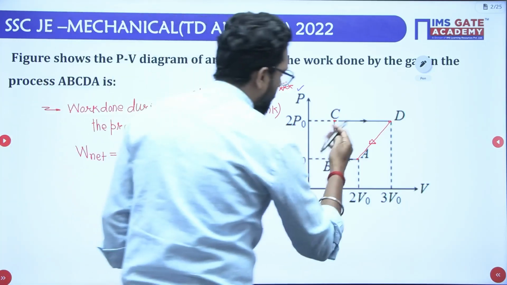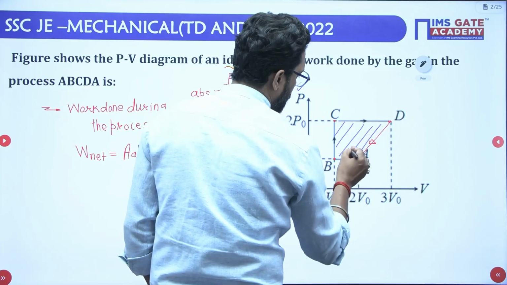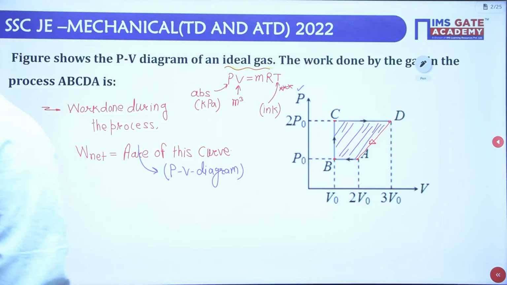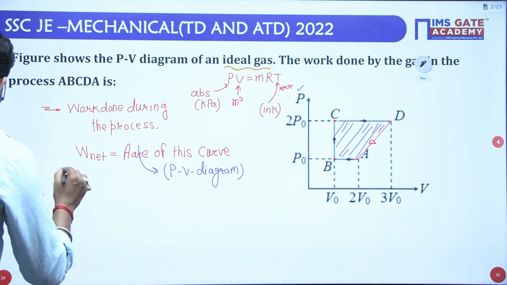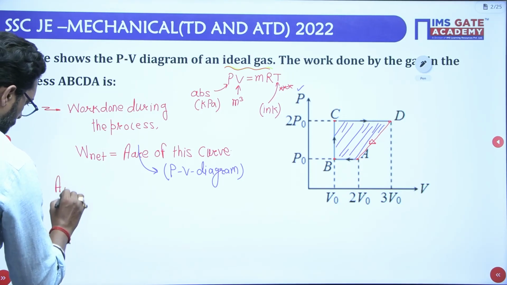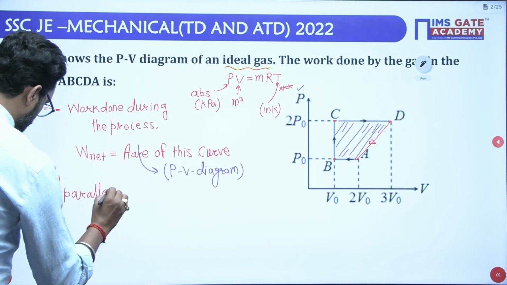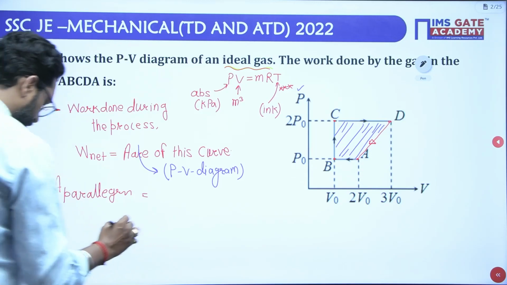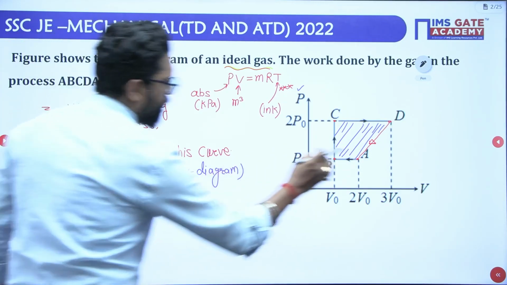So simply find the area of this diagram, and this diagram is trapezoidal. So what is the area of A, B, C, D? This is your parallelogram. We know the area is half the summation of these two,